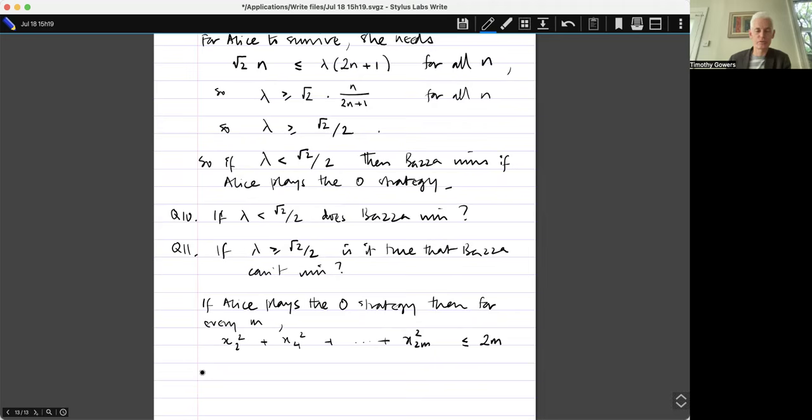So that implies that x2 plus x4 plus x2m is less than or equal to... how can I maximize? Oh dear, this is something that I do all the time, and yet